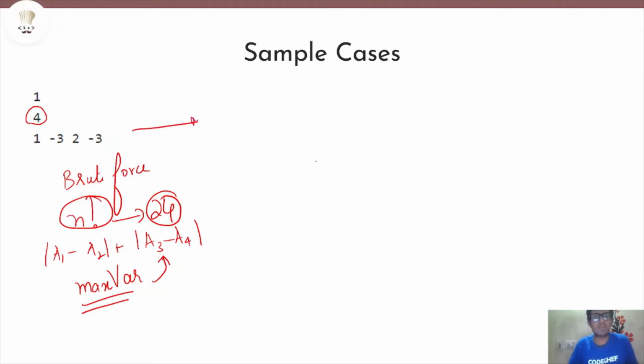A better approach may be to sort the array. Let us sort this array. What do we get? We have -3, 1, 2 and so on. This is the sorted version of the array.